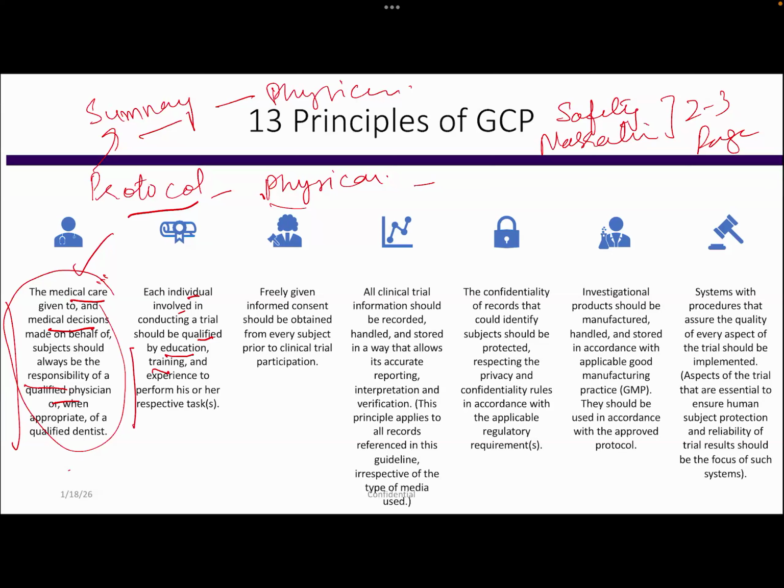I still remember when I was part of WHO, one or two doctors had done their degree from Russia, but they were not registered with ICMR. So they were told, you can't even write as a doctor. You can't sign as a doctor because ICMR is not approving. That's how qualification and education are evaluated when it comes to GCP principles. Informed consent should be freely given. All the rules should be followed. That's why in India, audio-visual recording is a must.